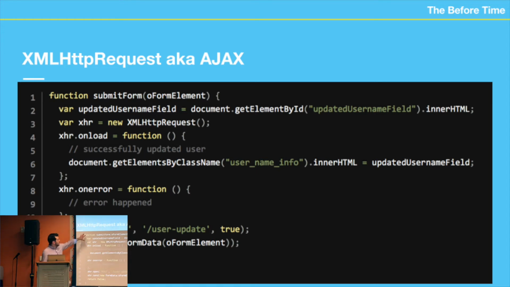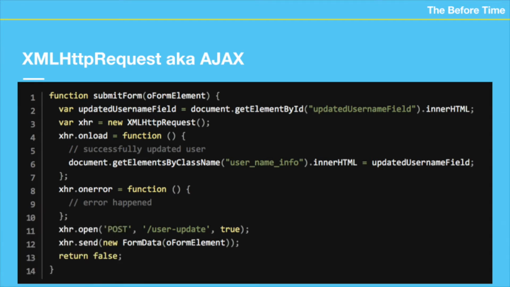Like I said, what Ajax allowed us to do is communicate to a server without having to refresh the entire page. So whenever you hit submit, instead of having to submit the entire form, we can just hit this function here. We can communicate to the server or to the URL, which is right down here, and we can pass in all this mumbo jumbo. You don't really need to know what's going on. Just know that this is vanilla JavaScript, Ajax at its barest. This is what it looks like.